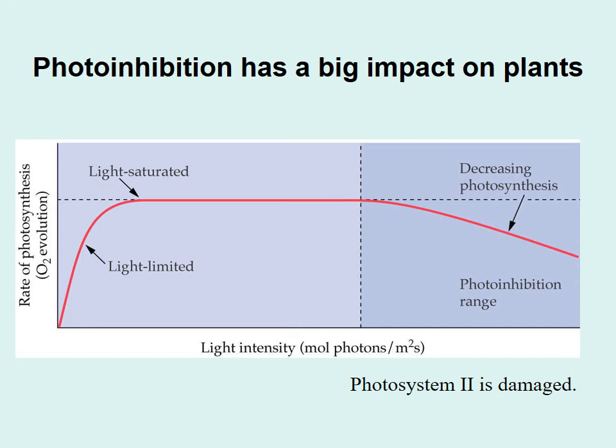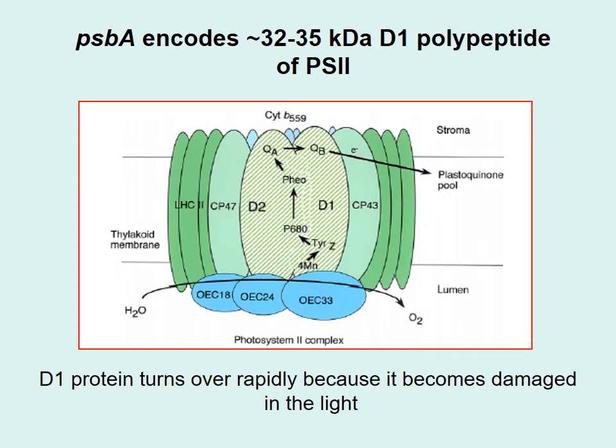This will be called the photoinhibition range, where a decrease in photosynthesis or a decrease in oxygen evolution takes place. This will indicate damage to photosystem II. The psbA encodes the 32 to 35 kDa D1 polypeptide of PS2. So these are D1 and D2, the proteins of the